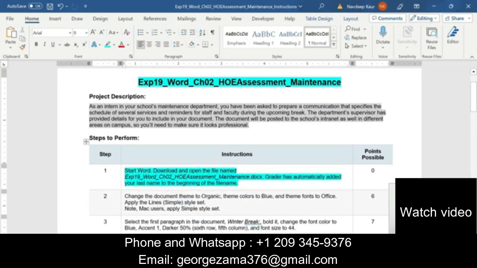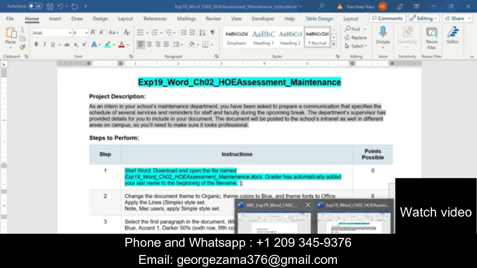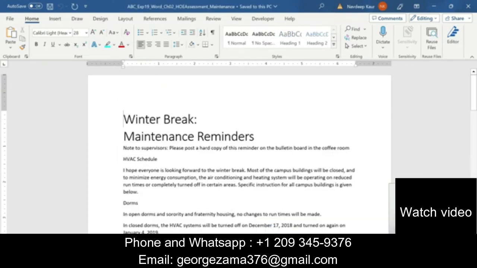Step number 1 is to start Word, download and open the file named EXP19 Word Chapter 2 Hands-on Exercise Assessment Maintenance. Creator has automatically added your last name to the beginning of the file name. So basically we are supposed to download the Word file. I have already downloaded it, and you can download it from your MyITLab or Pearson dashboard.